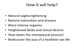It will naturally tighten your vagina over time. It will restore lubrication and dryness, which means that sex can be more pleasurable, with less use of other lubricants that can sometimes interfere. So it will just restore the moistness of the vagina as well, which means that it remains healthier and younger for longer. It also can give you more intense orgasms, which is lovely, which is great, and increases sexual desires,